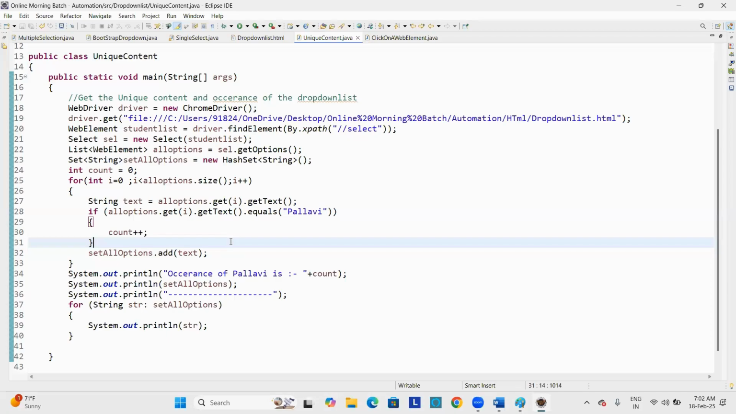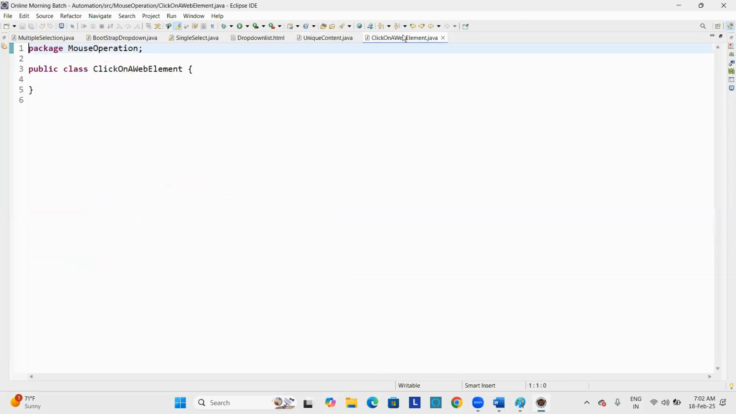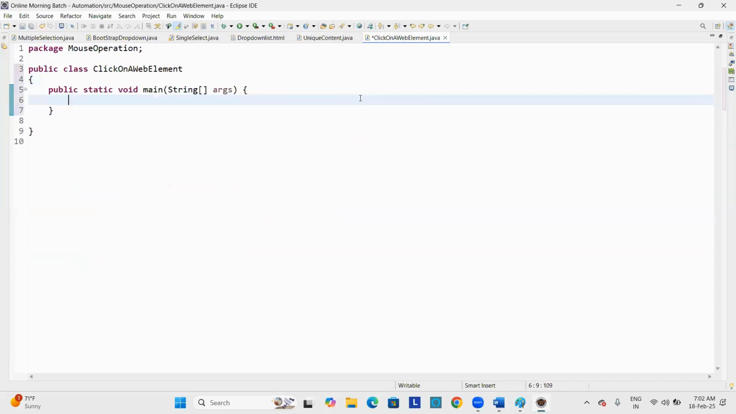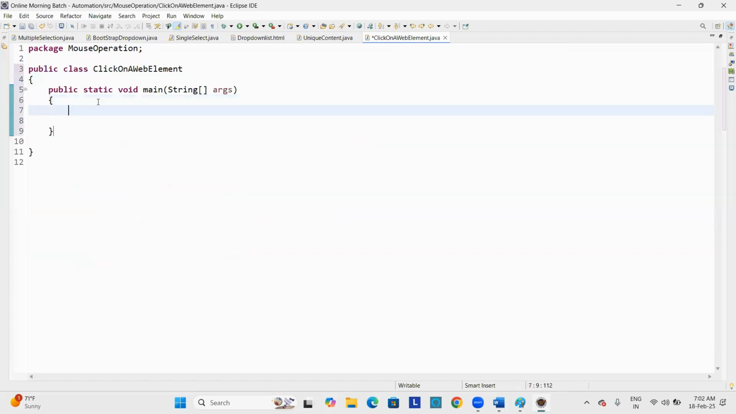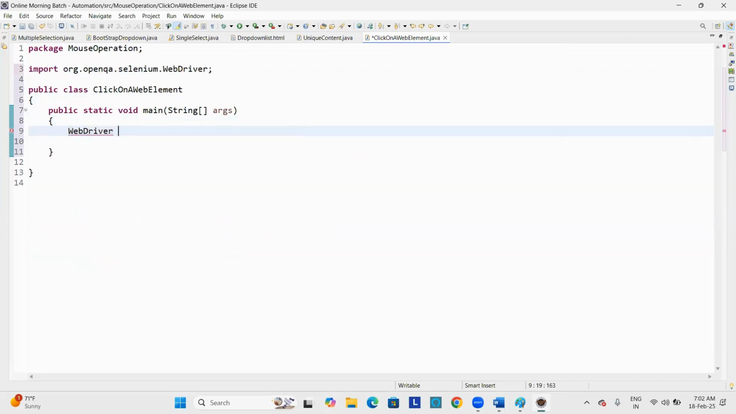Okay, done? Yes, sir. Okay, how to click on a web element? Dot click. Previously, we were using dot click. If any element is not working with dot click, how to do it? WebDriver is equal to